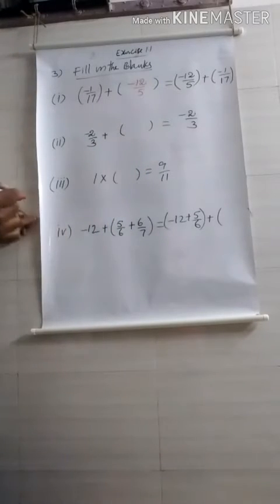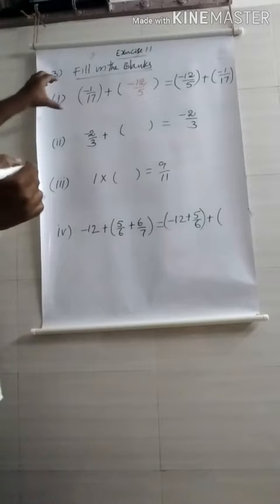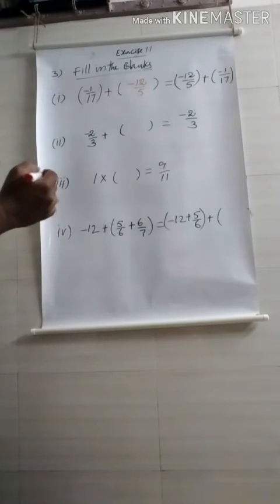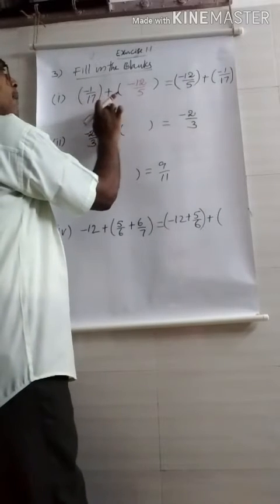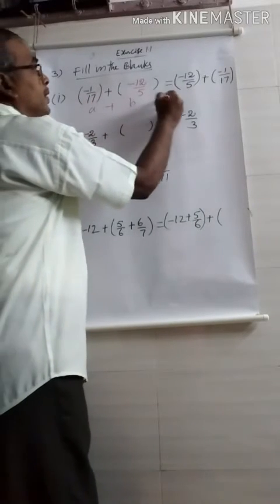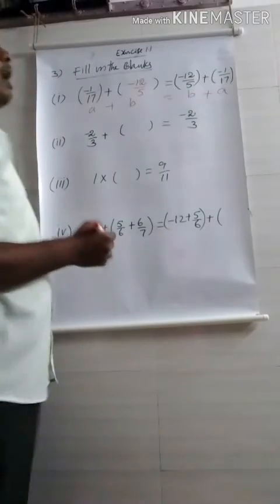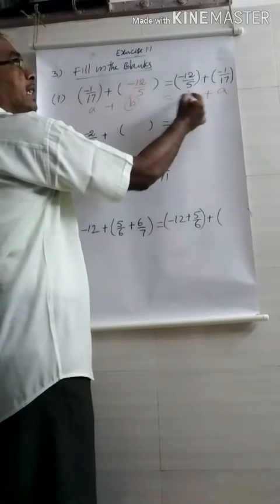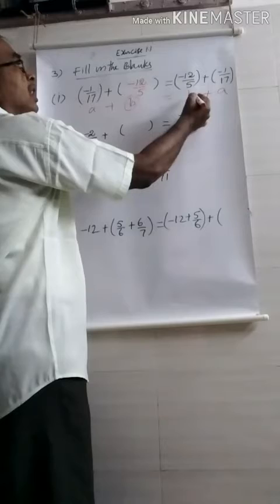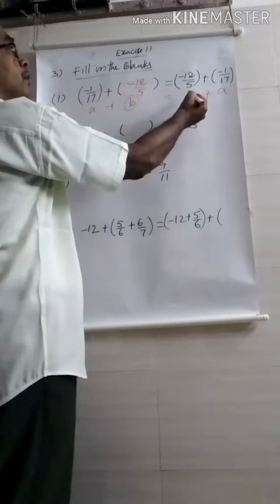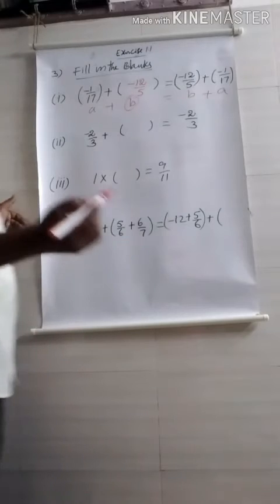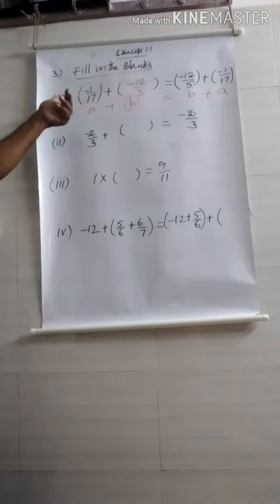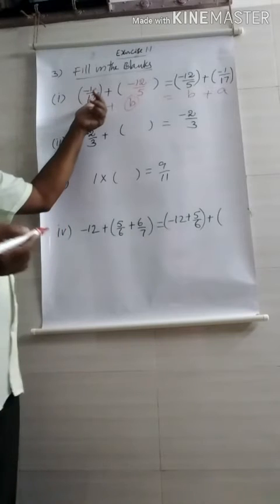There is no calculation here, just simply logic. You may remember or recall the properties of rational numbers and think which is suitable for this one. Then you may identify easily it is in the form of A plus B equal to B plus A. In that, what is not given? Here this part is not given. But what is B? That is given in the right side, -12/5. You simply substitute it in the place of B. That's enough. So what type of property is it? It's the commutative property under addition.